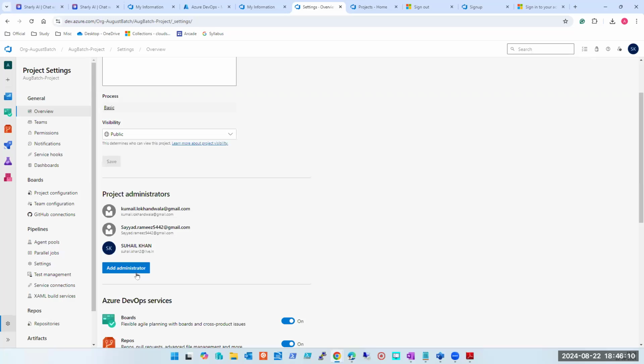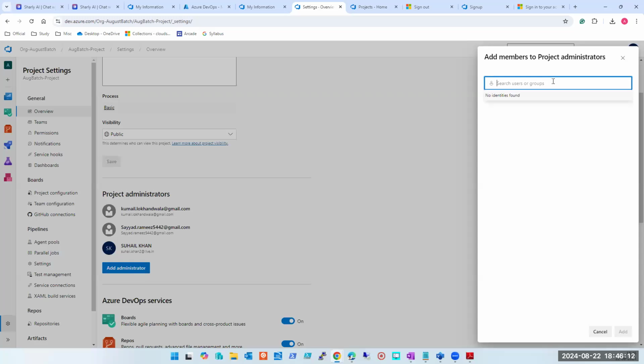Okay, so to add the administrator, you are not able to send the invite directly. Fine. Let me see whom we can add. Okay, it is fetching my